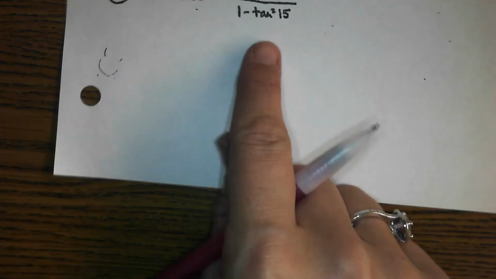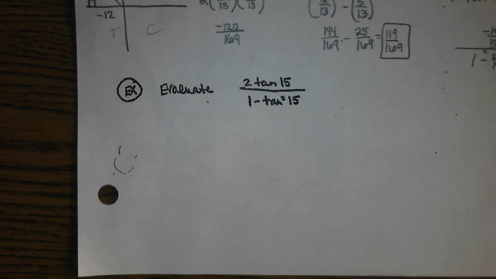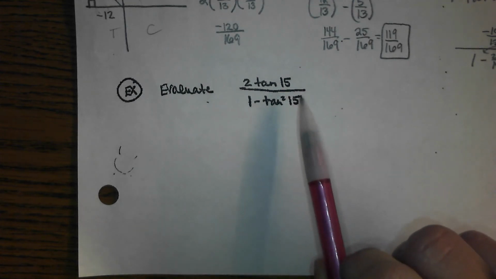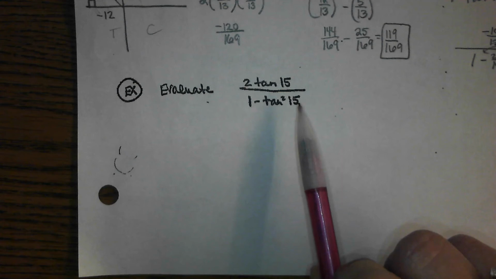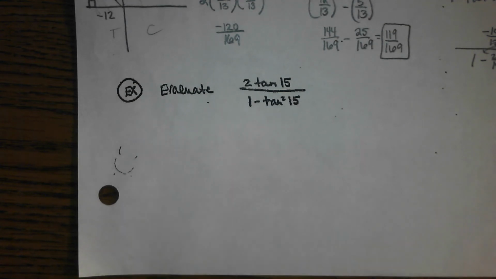On the next one, if you see this on your paper and you're looking to evaluate it, your first thought would probably be like, I have no idea because I don't know what the tangent of 15 is, right? There are two ways that you can do this. Actually there's several ways you can do this, and I'm trying to think of where your heads will be at when you're on a test, when you have lots of different options to choose from. Your initial reaction has to be, I don't know what the tangent of 15 is, so there's got